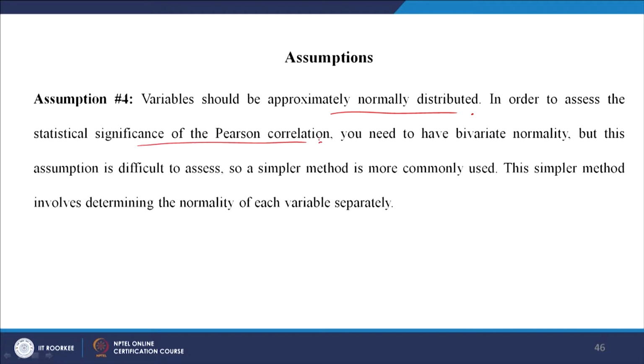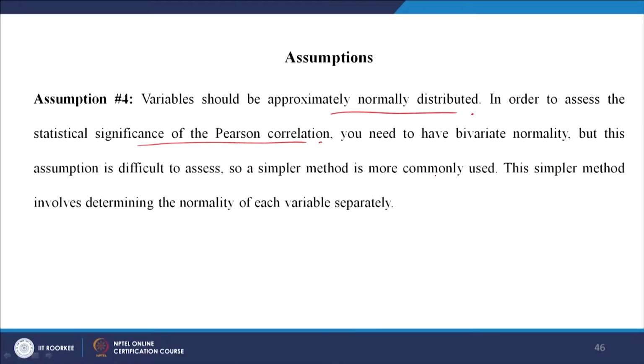Now, what does it mean? If you do not have understanding whether the relationship between two variables is statistically significant or not, then although you get a degree, you cannot say it will happen every time the same way. Maybe it has happened this time by chance, but maybe another time it will not give the same result. But if it is significant, that means it is not by chance, it will happen again and again and again in the same way, right. But this method is okay, difficult to assess.